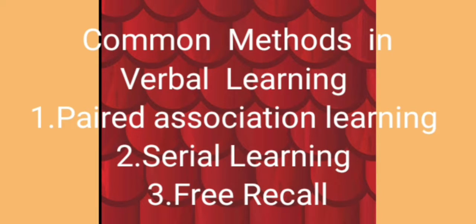Let's now talk about the third method, and that is free recall. In this method, participants are presented with a list of words to remember and then they are tested and asked to recall the list of words in any order. Words in the list may be related or unrelated. More than 10 words are included in the list. This type of method is used to study how participants organize words for storing in memory. Also, it has been found that items placed in the beginning or in the end of the list are easier to recall than those placed in the middle, which are more difficult to recall.